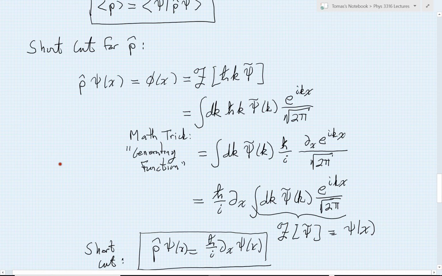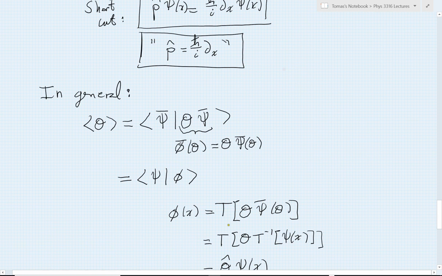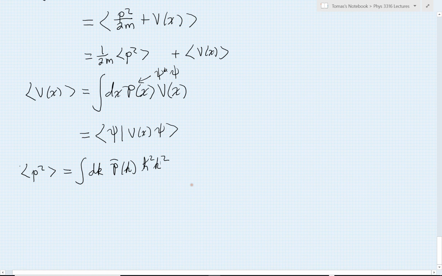And if we look at our logic here, the way we got h bar k is we multiplied by h bar over i, and we took one derivative. So if I want to get two h bars and two k's, I would do that twice. I would be taking two derivatives, and I would have h bar squared over i squared, which is then just minus h bar squared times two derivatives. And then the rest will follow through much like above. I'll leave that somewhat as an exercise to the reader, but then this will become psi star with, as we said, a minus h bar squared, two derivatives with respect to x, acting on psi.